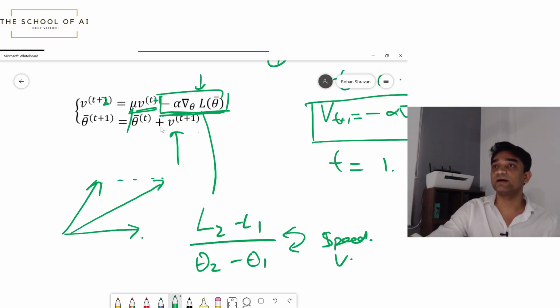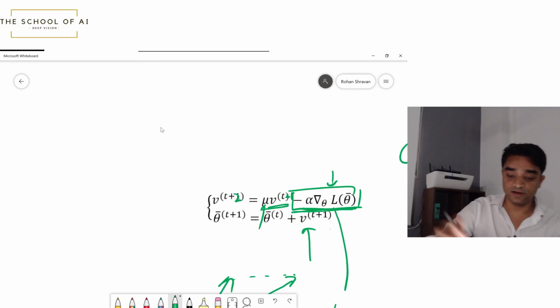You're going to get the combined vector. That is what is happening here. Now, why this is working is, now imagine that